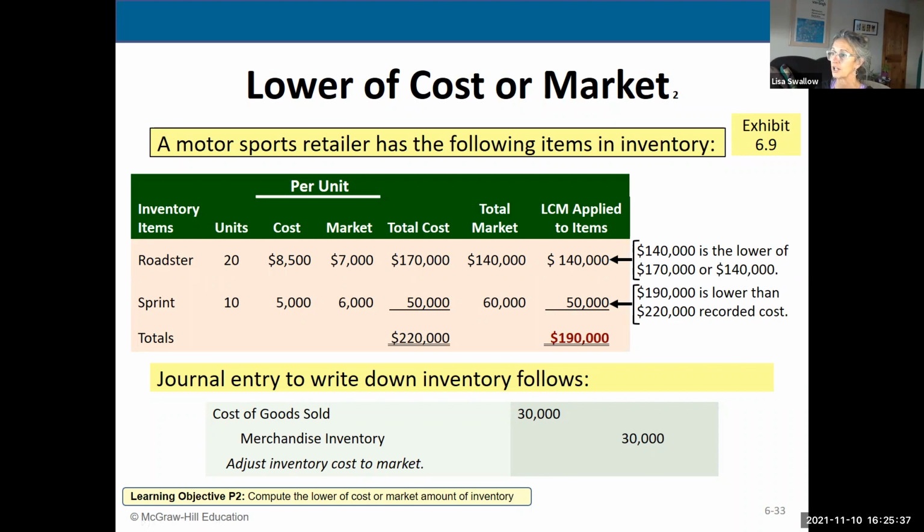Okay, so it's a journal entry to write down your inventory to lower of cost or market that occurs as an adjusting journal entry at the end of the period. And by the way, we're also required to do that for our investments in stocks and bonds. So if your company has a portfolio and the market goes down, you have to apply lower of cost or market there too as well. Okay,